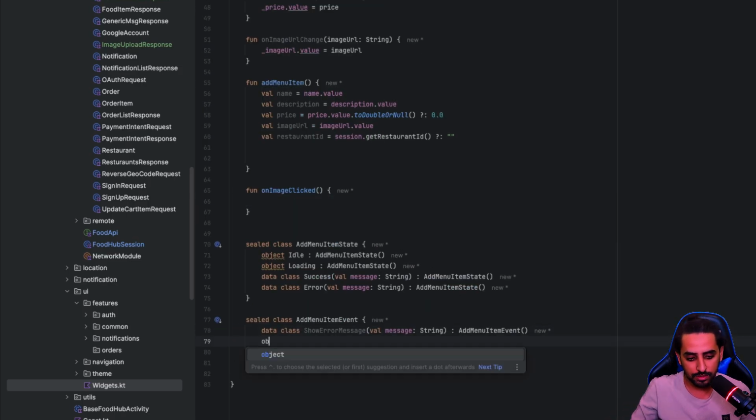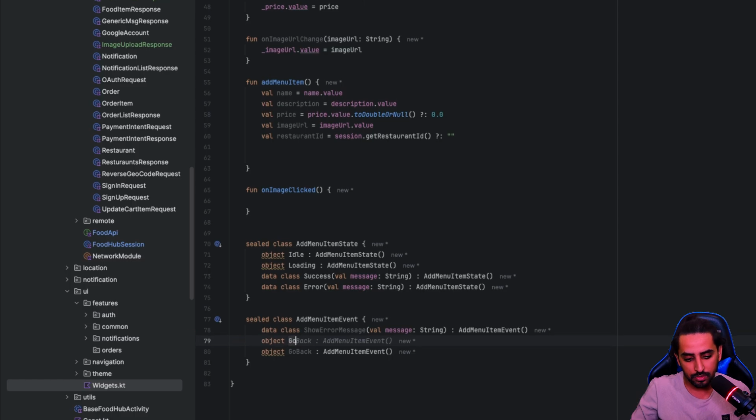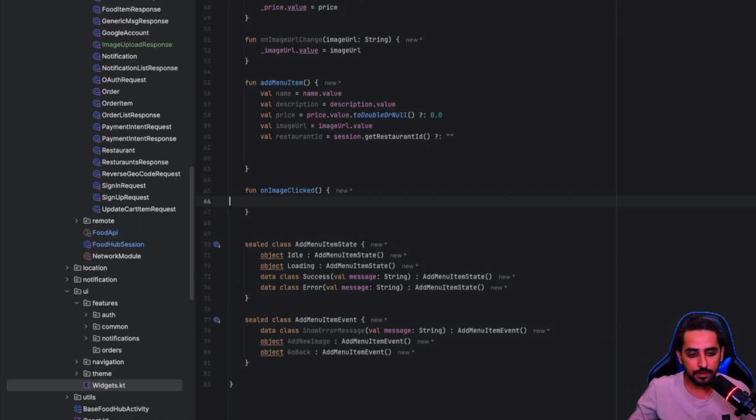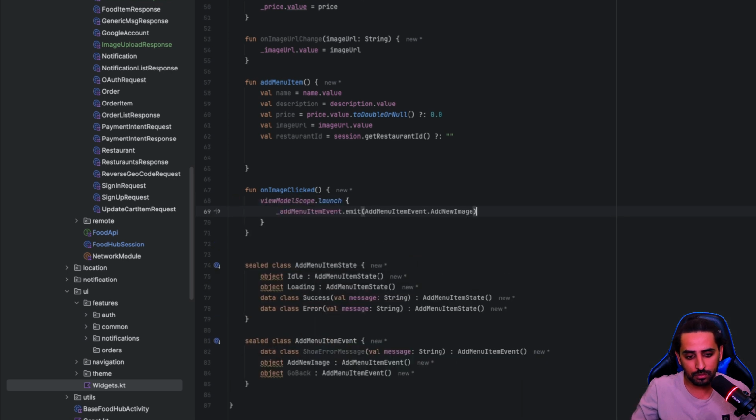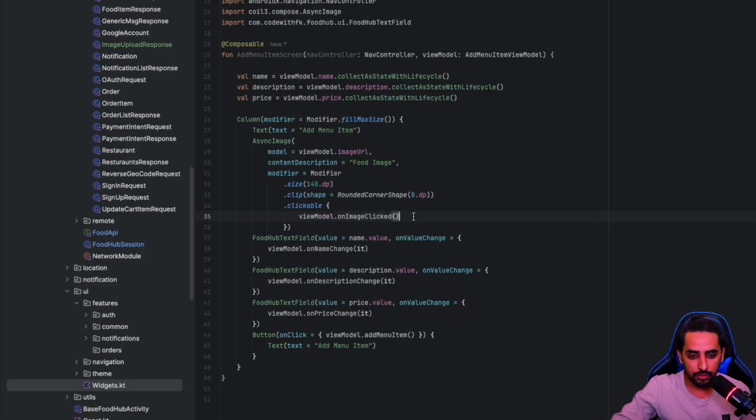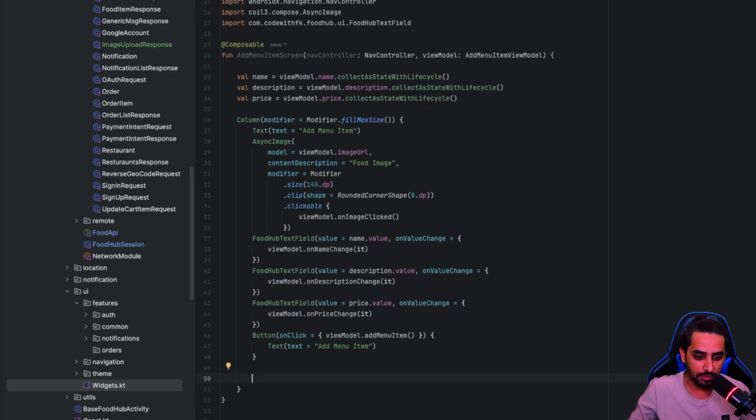So now over here, let's just create an object, go add new image, right? And this should be something like this. Now over here we'll say view model scope dot launch, and this will basically do something like this. Okay, now we'll get over here back, and now you can see that we have something like that. So now we'll do a couple of more things. For example, when everything is done, what I'll do is that